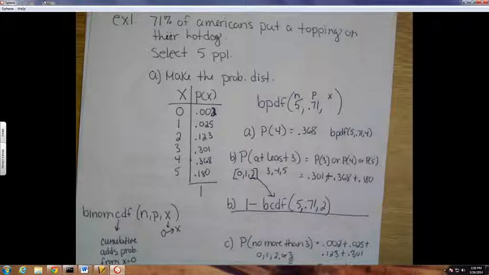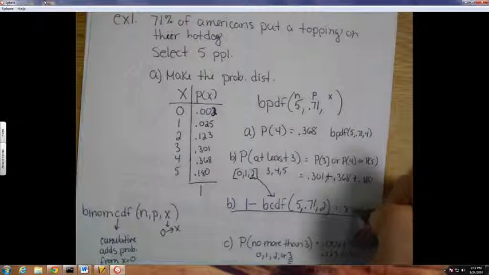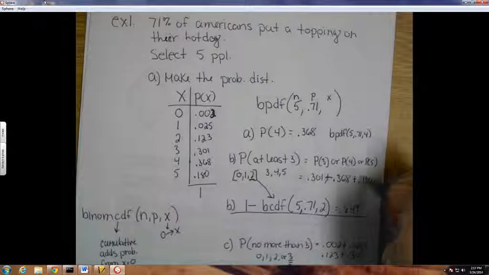So let's check. Type it right in the calculator. 1 minus. Go get that binom CDF. 5, 0.71, 2. Oh, I never wrote the sum down, for goodness sake. But it does match. I didn't write it here. If you round it to